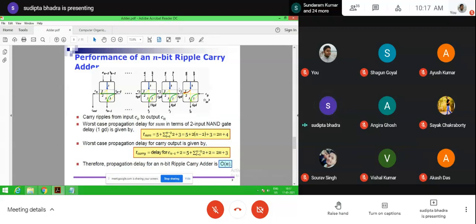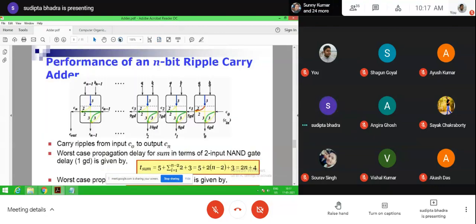Say here in case of C1, what is the gate delay? 5 NAND gate delay. Means to get the carry C1 with the input and the previous carry, 5 gate delay is required.